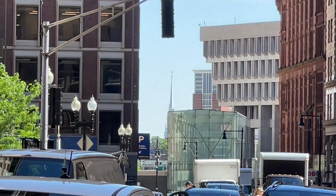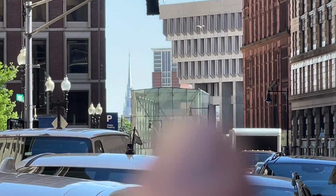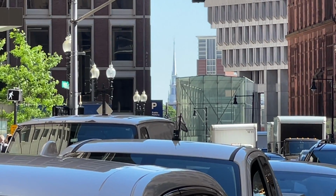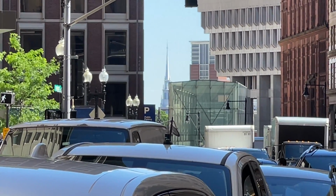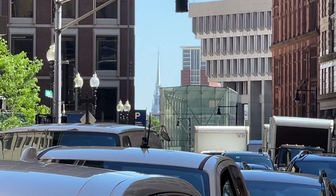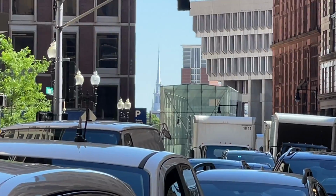So that plaque did say, look up and you'll see the North Church. And from a little further back from that plaque, you can see it kind of sticking up right there. But this building or whatever that is sort of blocking it. So where the plaque actually is, I don't think you can see it anymore. But if you come up the sidewalk a bit, so maybe they need to move the plaque, I don't know. But there it is. You can definitely see the steeple of the North Church, and that's where the two lanterns were hung on the night of Paul Revere's ride. One if by land, two if by sea, right up there. And the church is still there